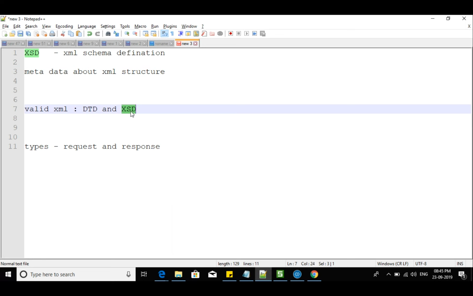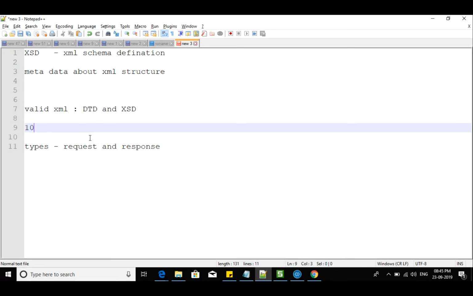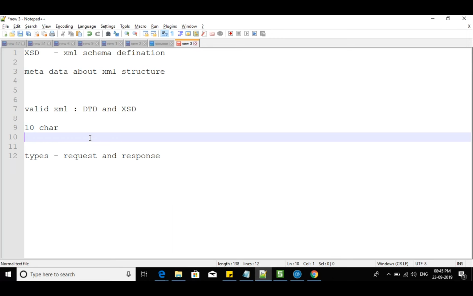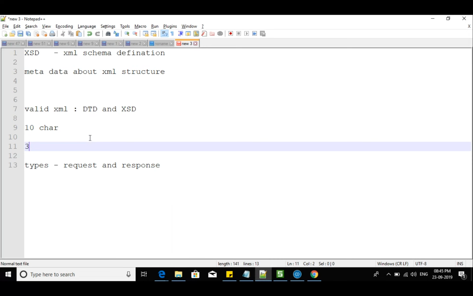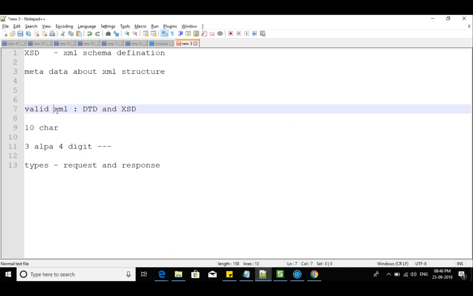When you have primitive data types, you can specify the structure and validations accordingly. Let's say you want to specify an order number. It might be a combination of alphanumeric characters following some pattern. Maybe it is 10 characters, where the first 3 are alphabets and the other 7 are digits, or 4 digits and the remaining 3 characters are dashes. If the order number does not comply with this format, then when validating the XML against the schema,